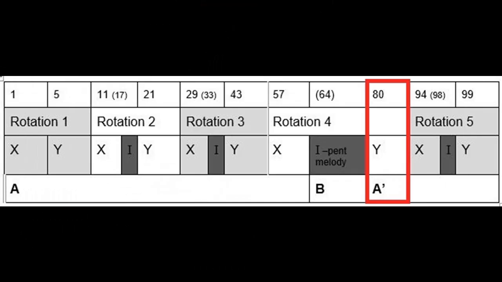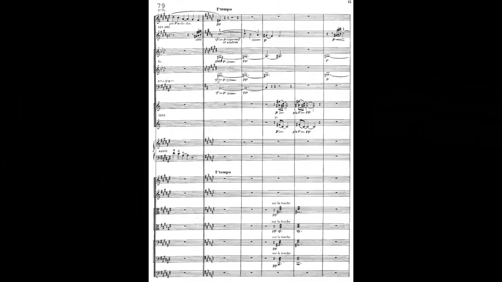After that rather longer interpolation, which also serves as a sort of B section, we then return to Y in perhaps its most harmonically colourful presentation. The section starts in bar 80 with the familiar G7 chord that we've seen many times before in association with the Y material. But after only 2 bars, Debussy changes to a different dominant 7th chord, this time on the